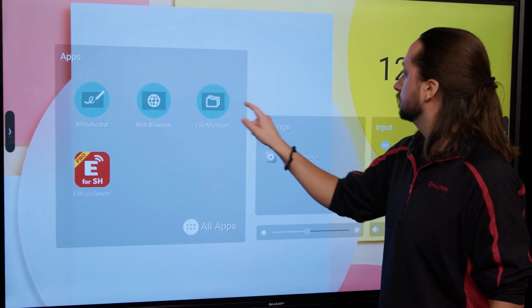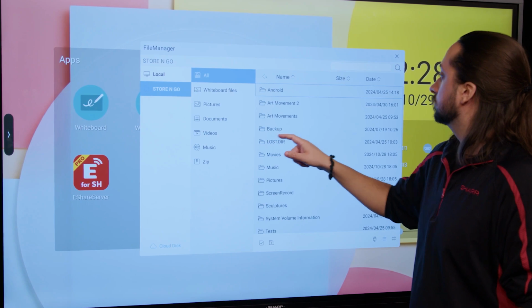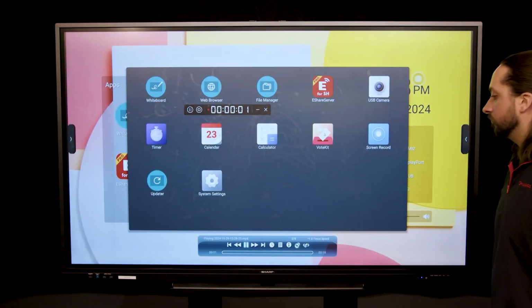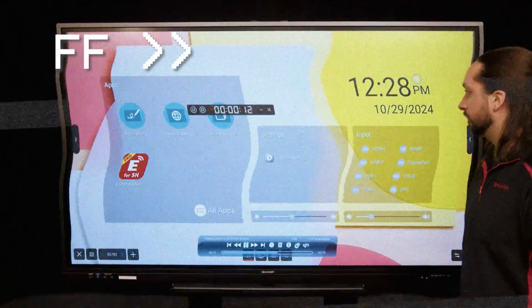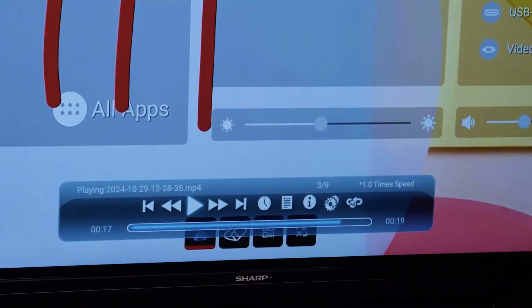To play a recording on the display, locate it in File Manager and select it. Now we can see a playback of the recording. Along this bar, you can pause the recording,